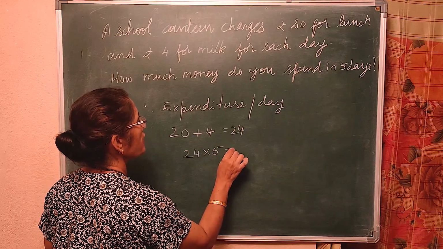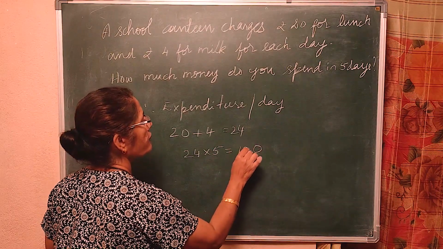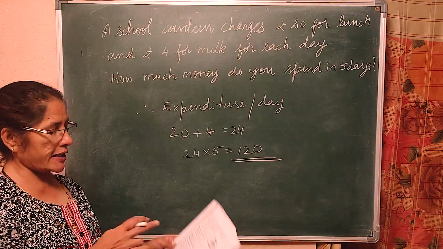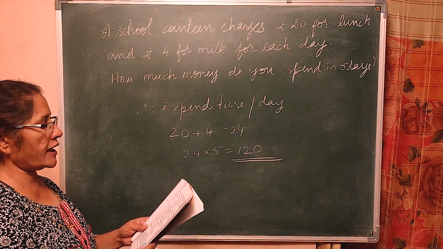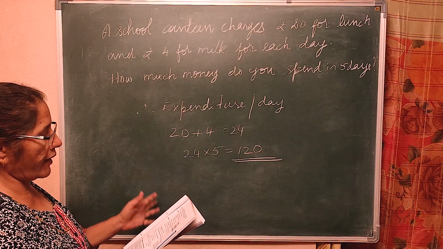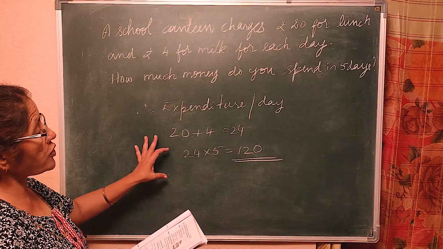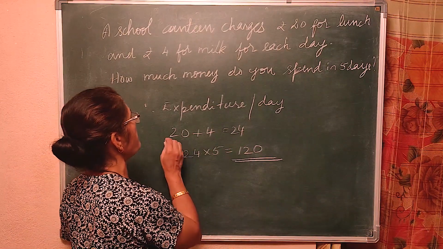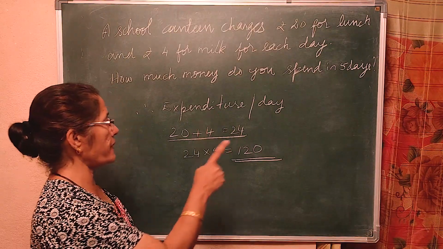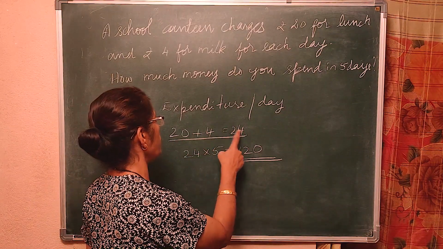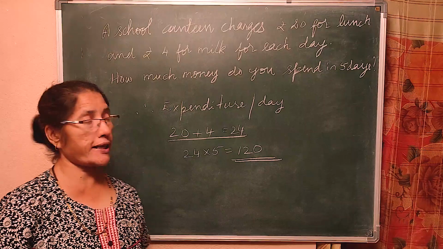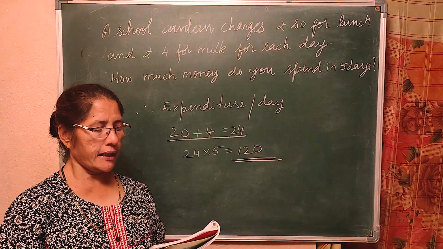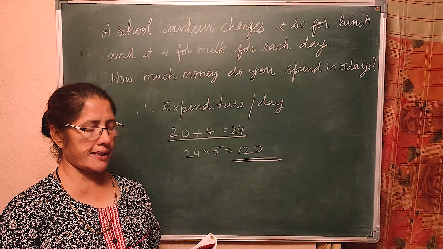How much? 5 4s are 20. 5 2s are 10, 12. Rupees 120. That is what they have done. Cost of the lunch, cost of the milk. You can do like this also, this will be simple. So expenditure per day, 20 plus 4, 24, therefore for 5 days, 24 into 5, 120. Am I right? Now, second question is,